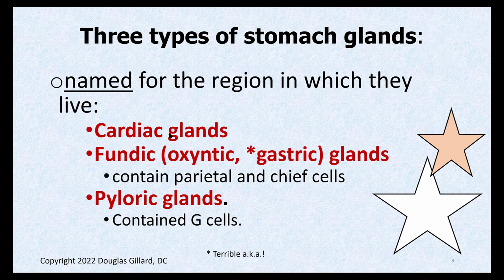And there's the 3 again: cardiac, fundic, pyloric. Fundic has some AKAs, oxyntic, gastric. Remember, these are the ones that contain parietal cells and chief cells. Pyloric glands, nobody really calls them antral glands. I guess you could, because pyloric and antral are AKAs in some texts. They contain the G cells. And okay,